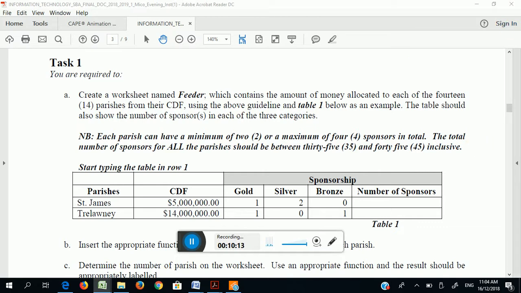So your CDF values are between 5 million and no more than 15 million. You have to use the first ones as a guide. So this is one more zero.